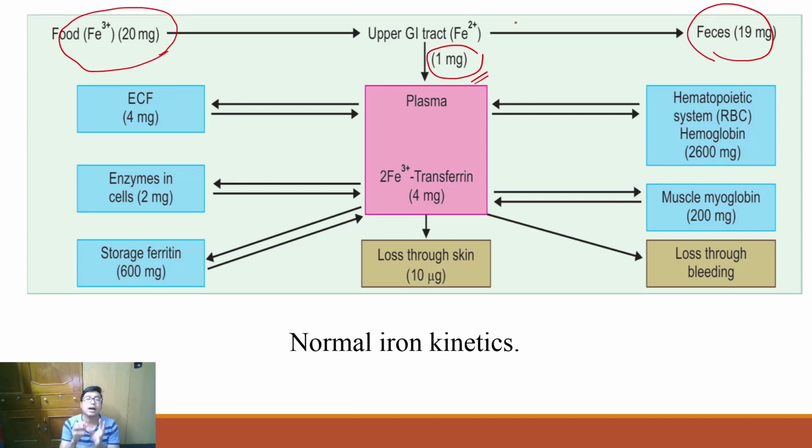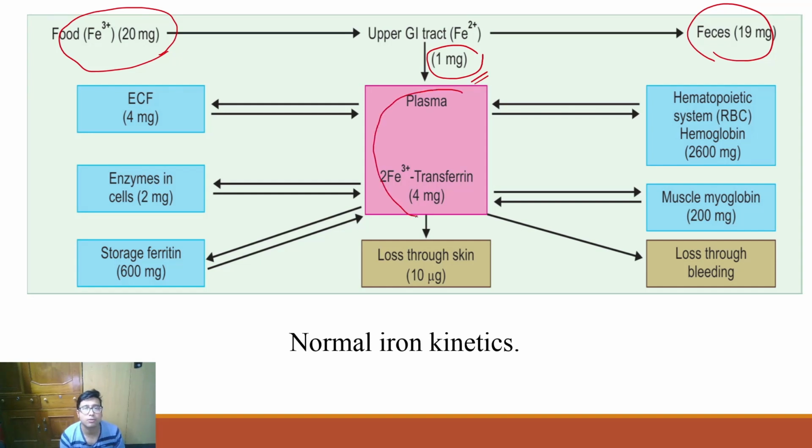This is because iron is already present in our body. A large part of iron is already being recirculated in our body, and we need only a small percentage of iron from the gut. That too, it is needed when there is a requirement. If there is no requirement, almost everything will be excreted out in feces. You get my point? So let us first see how iron can be lost, because we know iron is existing in our body.